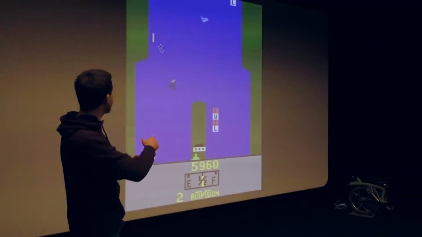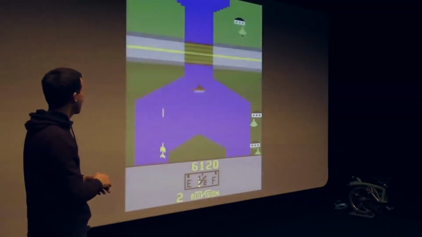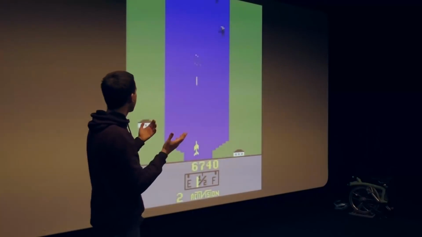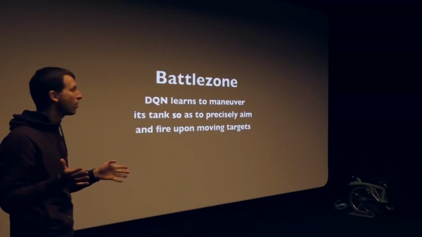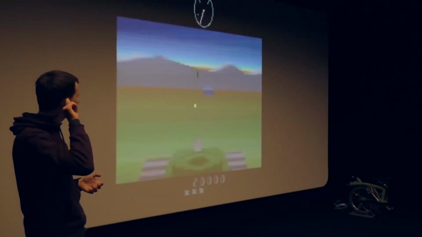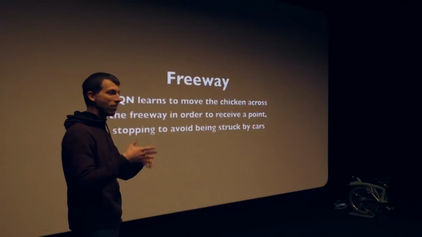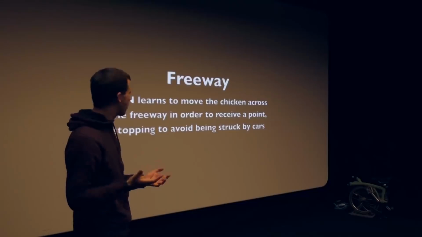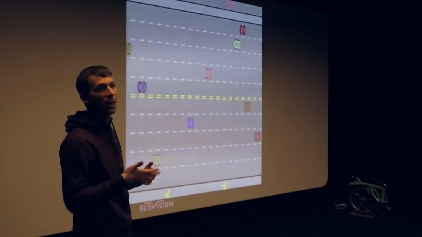And you can see the games are very different. This is a side-scrolling game where you have to blow up all of these things and accumulate score by shooting stuff and moving along. Some of them are pseudo 3D, like this Battlezone. We don't claim these are good games, by the way, just that we built a reinforcement learning agent able to play them all, and it learns to do better than humans in more than half of the games